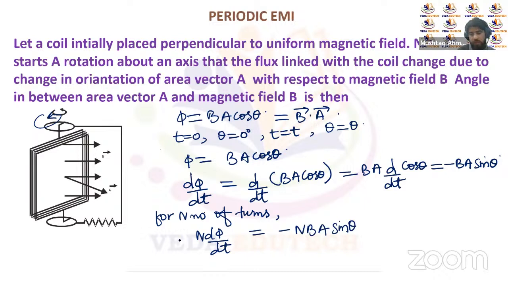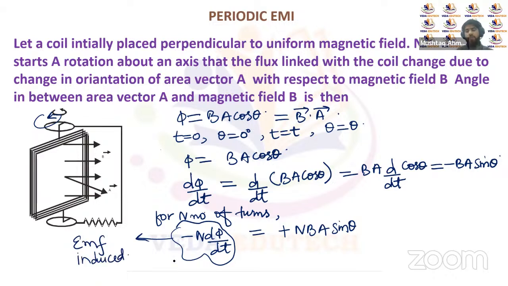If we multiply both sides with a negative sign, it will be minus n d phi over dt, and it will be plus NBA sine theta, right? And this term is what we call the EMF. That's the EMF induced. If this is the induced EMF, it means that we get the induced EMF as NBA